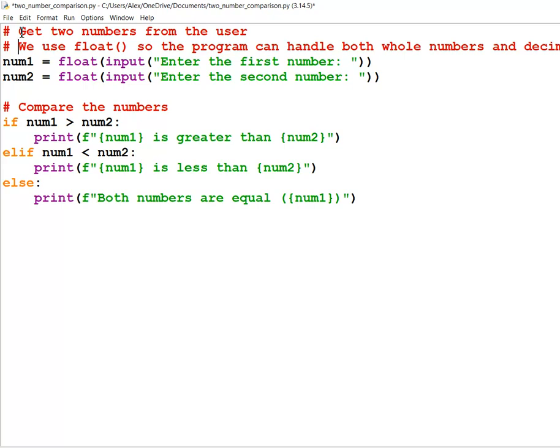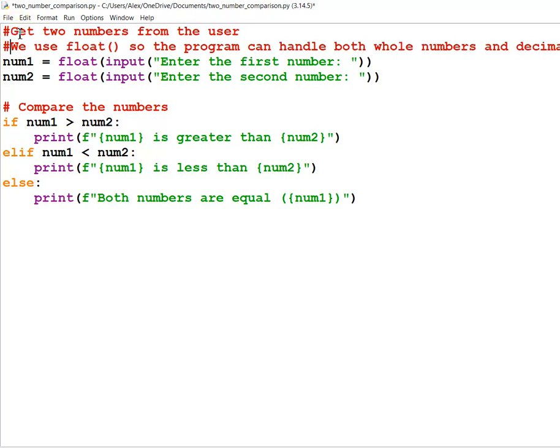Now you can see there are at least 3 lines in this program. You can find them with a hash. Hash means to show comments, meaning we want to write some remark about the program. So for an individual line, how can you make sure that the remark is not compiled, not interpreted, and not read by the Python program? That's very important.